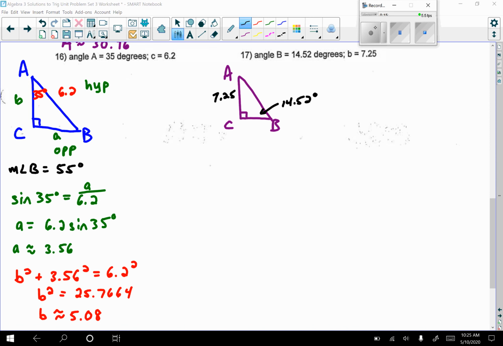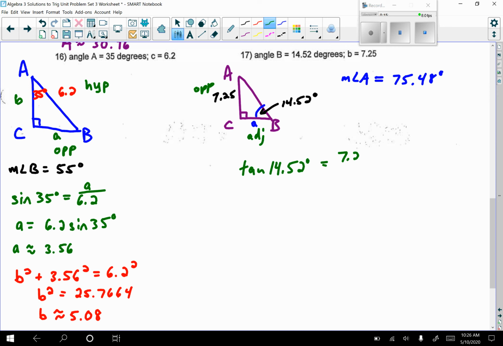All right, here's a picture for 17. We're given angle B is 14.52 degrees and side B is 7.25. Again, we could just go ahead and find the measure of angle A by subtracting 14.52 from 90, so we get 75.48 degrees. And next, I'm just going to go ahead and find side A. So now I am back to tangent. Working off of angle B, we're going to say that that's opposite here and adjacent. So we're going to say tangent of angle B, which is 14.52 degrees, is going to equal 7.25 opposite over